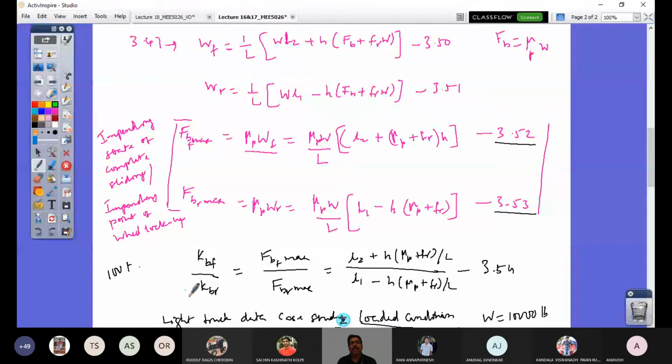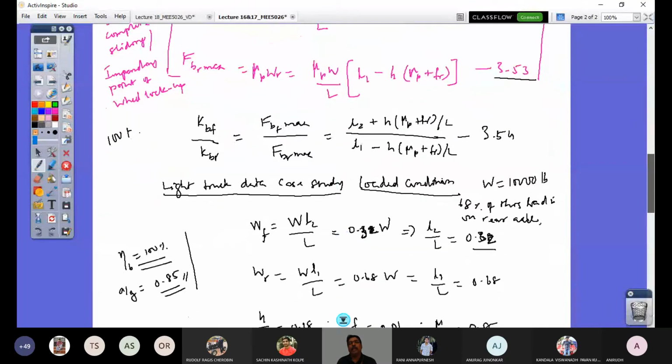This ratio KBF and KBR is the same as the ratio of the normal loads on the front and rear axle respectively. Because the W is common in both cases, it disappears, and you have derived this condition wherein the expression is only in terms of vehicle parameters and FR, the coefficient of rolling resistance, and